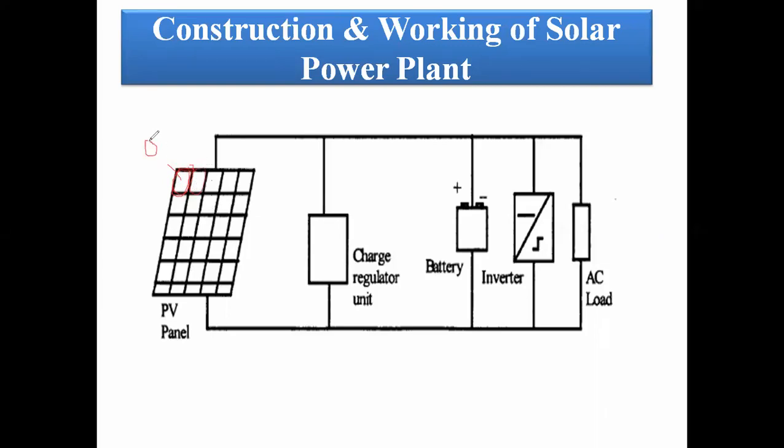Each cell consists of 0.3 to 0.5 volt, and the current is 0.15 milliampere. Based upon the demand, we can place a number of PV panels connected in series-parallel combination. Now, the PV panel has two terminals: one is the positive terminal, another is the negative terminal. Here, the top layer, visible as thick, is the negative layer, and the bottom layer represents the positive.